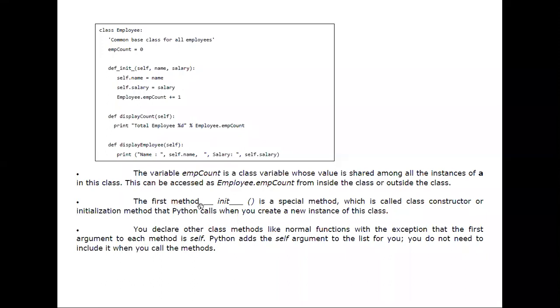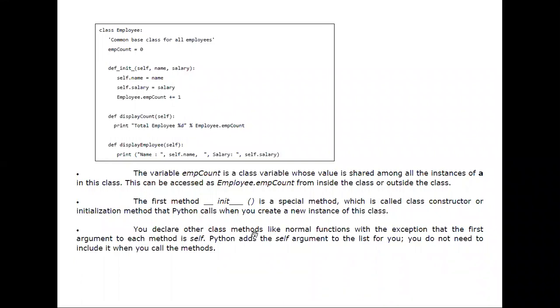The first method, underscore underscore init underscore underscore, is a special method which is called the class constructor or initialization method. That underscore underscore init is a class constructor or initialization method that Python calls when you create a new instance of this class.